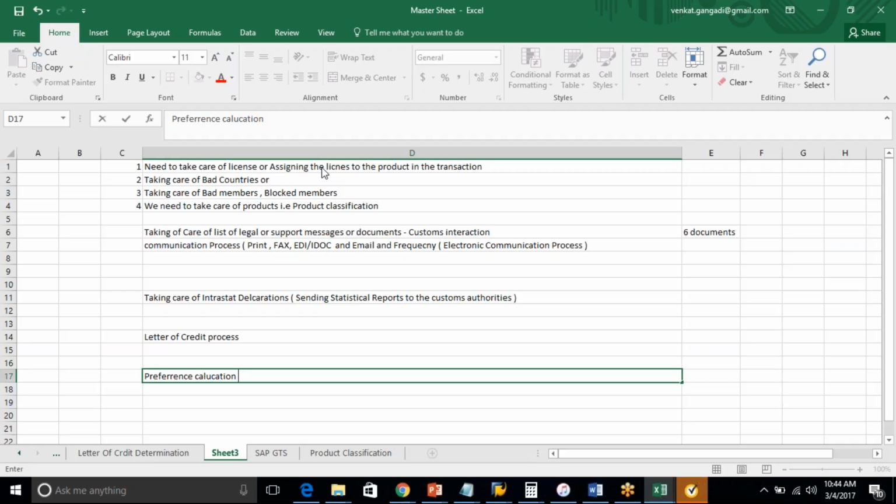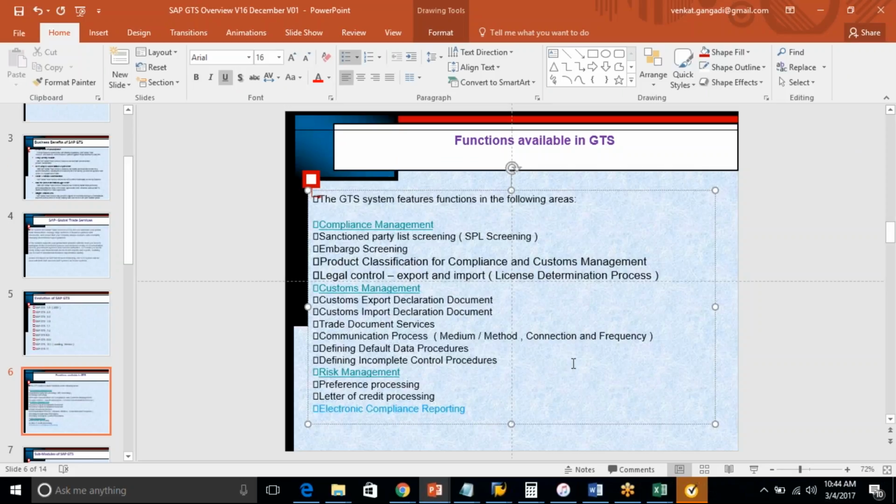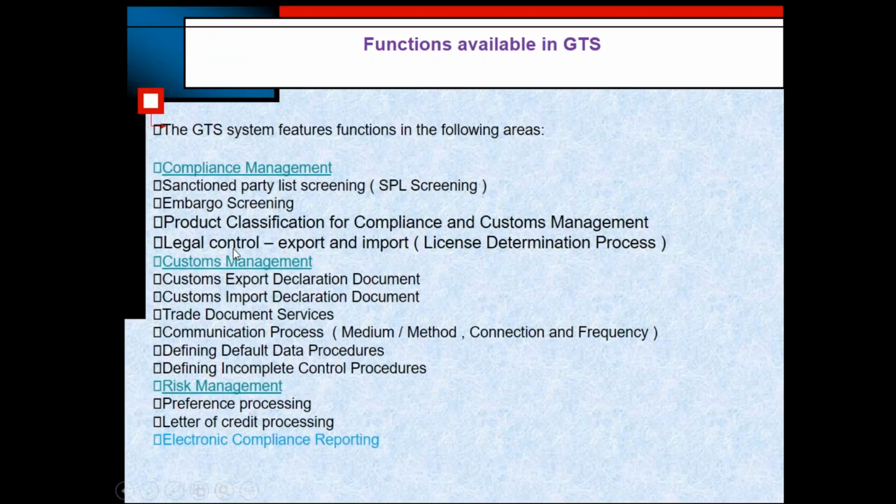We need a software, or we need a mechanism which will help us to automatically assign the licenses to the product in the transaction. So that application area, or that functionality, or that mechanism, is nothing but the license determination process in the GTS module. So that means if you implement the license determination process in the GTS module,